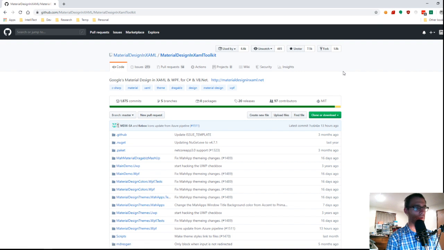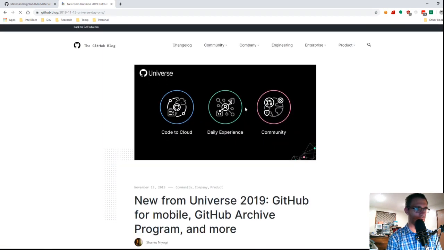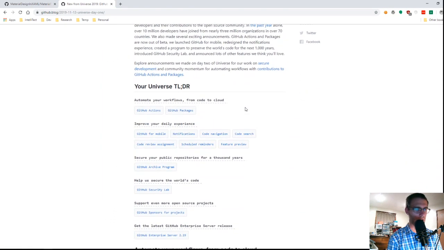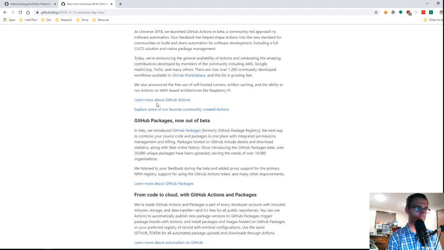Also, the GitHub Universe stuff came out today. There's a long list. I'll just jump back here real quick. For anybody who's interested, there's a long list of cool things. The unfortunate part is the vast majority of these announcements are things that are preview or coming soon. But there's a lot of really cool stuff in here. I'm guessing by the fact that you're watching this that you use GitHub. So if you haven't taken a look at all of the cool new stuff that they announced and you want to know what's coming, here it is.